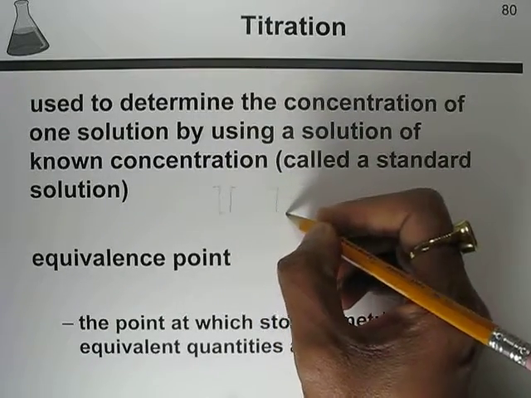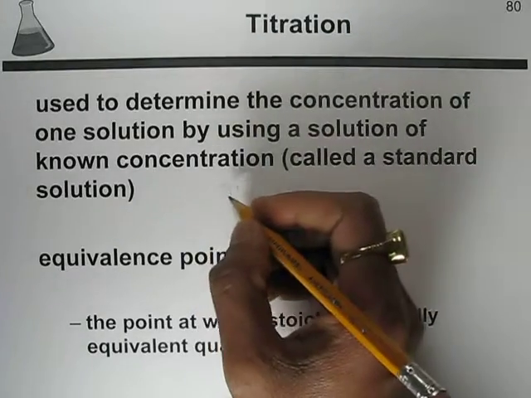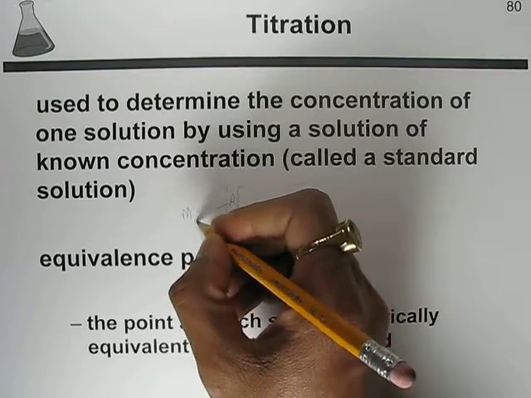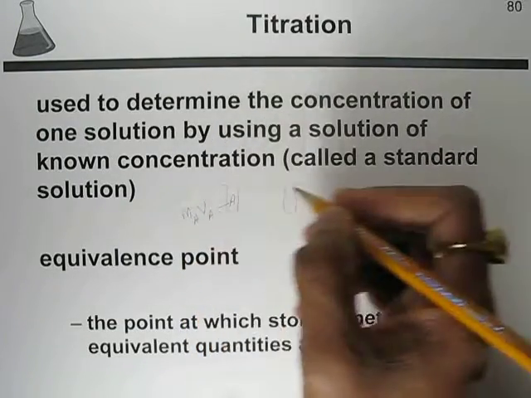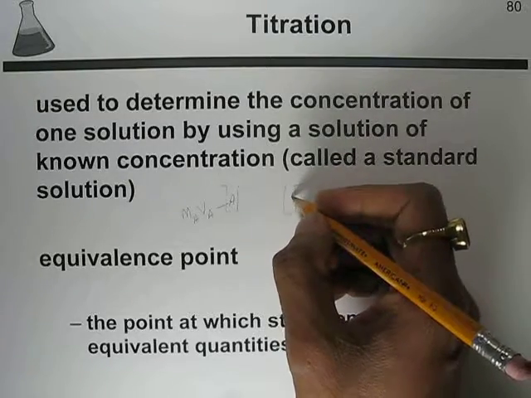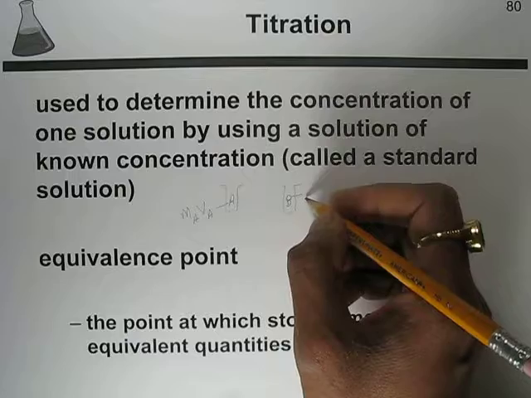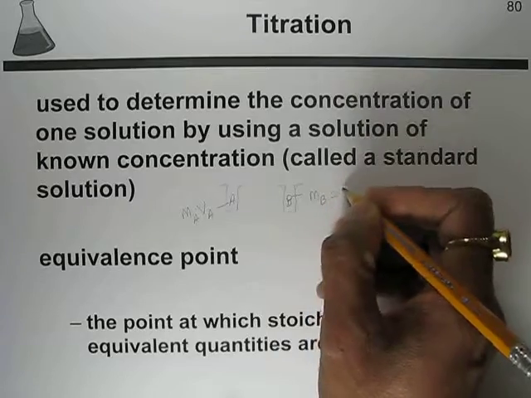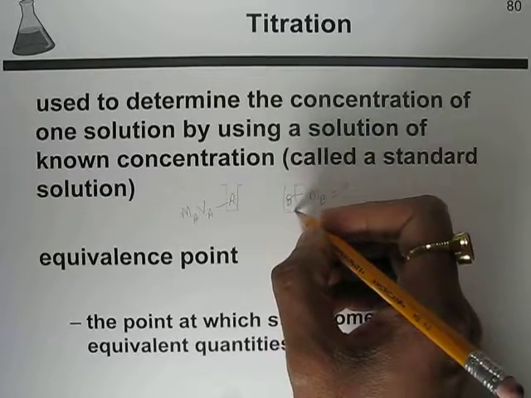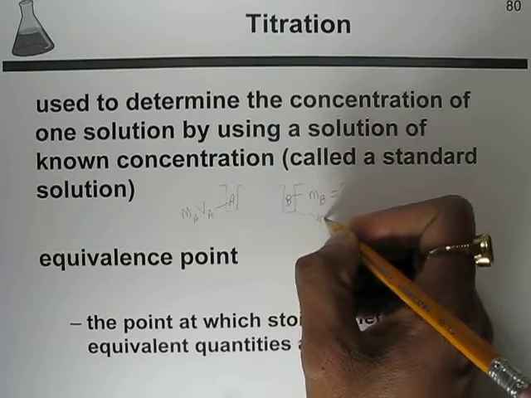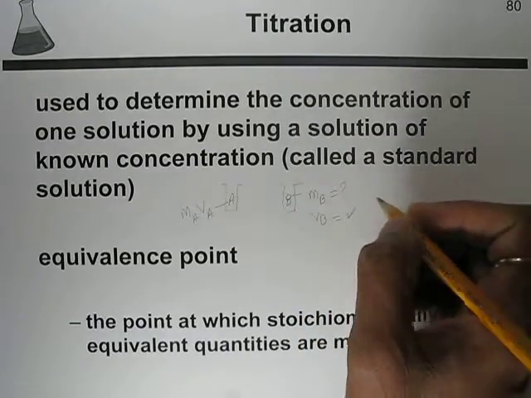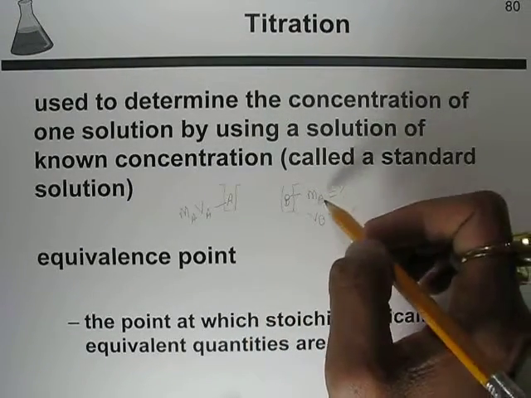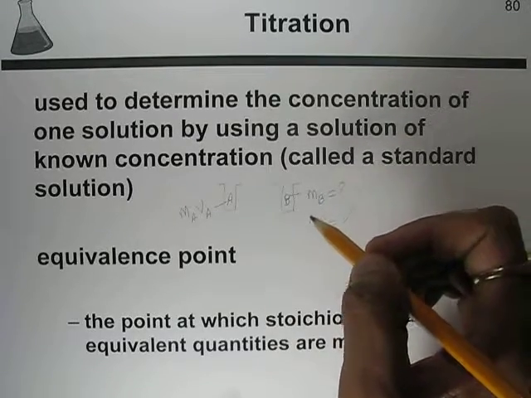in a beaker, where in solution A we know the molarity of A and how much volume of A we are taking, and in the B beaker we do not know the molarity, and we might know the volume. So if this is the situation, to find out the volume or the molarity of the other solution,